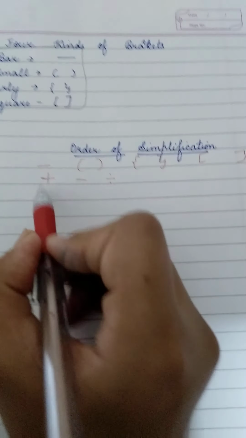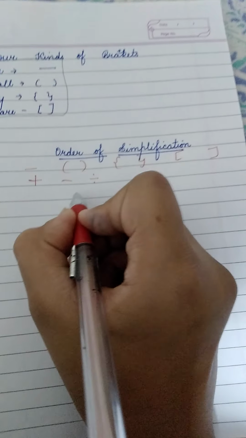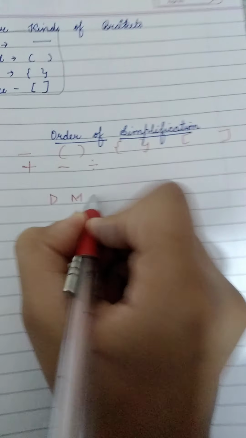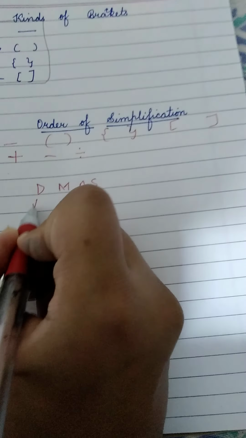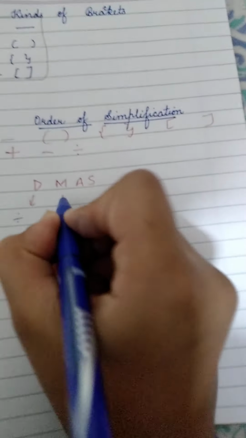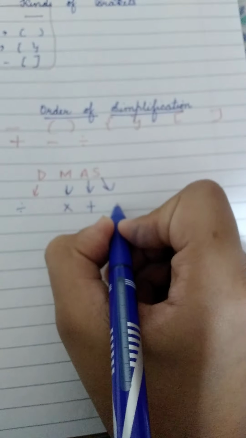And if it is given like that, you have to plus also, minus also, and divide also. So what will you do? Will you first of all plus, divide, or minus? There is a rule. Let me tell you, there's a rule known as the DMAS rule. DMAS means D means divide, M means multiply, A means plus, S means minus, meaning subtraction.